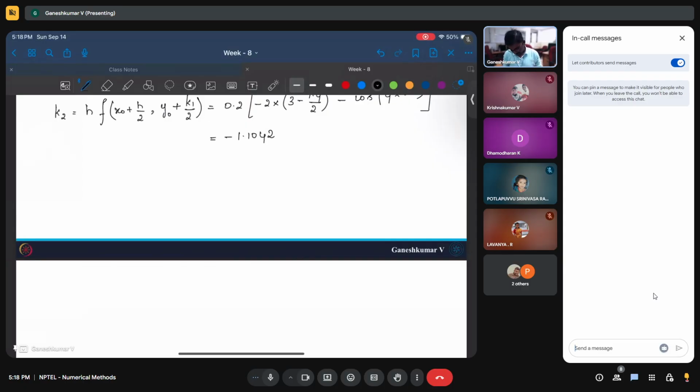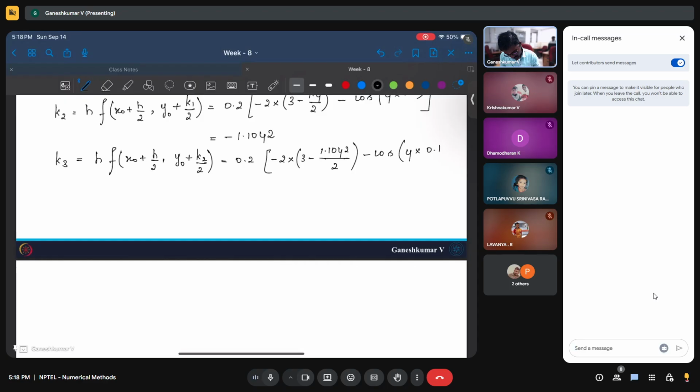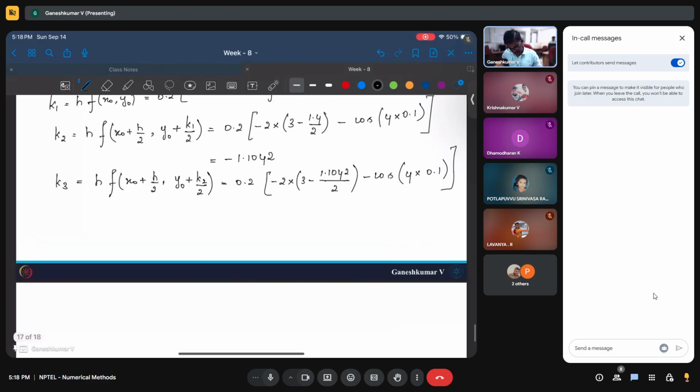Now we need to find k3. K3 is h times the function of x naught plus, again the same h by 2, y naught plus k2 by 2, which is equal to 0.2 into minus 2 into 3 minus 1.1042 by 2 minus cos of 4 times 0.1. Again it's 0.1. So if you evaluate this, you will end up having